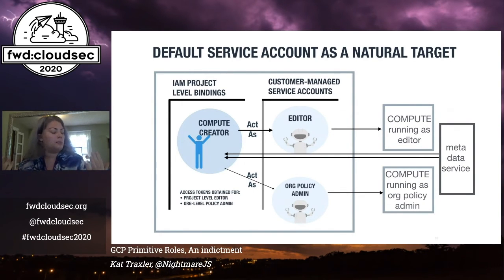This compromised account would have the role allowing for the creation of compute and would also have the service account user role. It's important to know that the compromised account does not need to be a user account. It can also be a service account. That'll work just fine. The attacker-controlled identity would spin up a new compute instance, allow the default compute service account